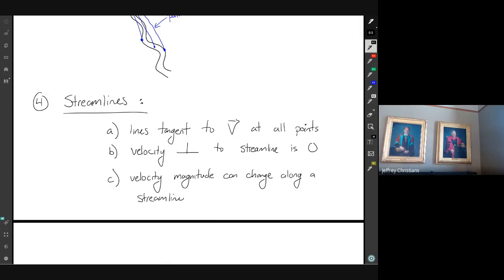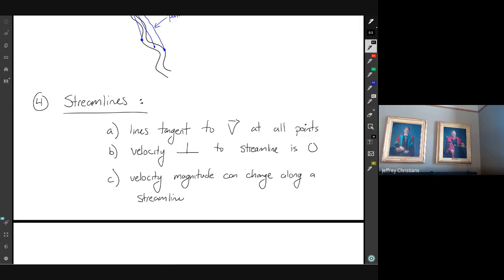So the streamline is tangent all the time. At point P exactly, what would be a line tangent to the velocity? If it's like this, the tangent's on the outside. So if you were here, tangent to velocity, tangent to velocity, you're curving tangent to that line, tangent to this one, then tangent to the one before, and tangent to that one. So the trick is that they're on the exact same.